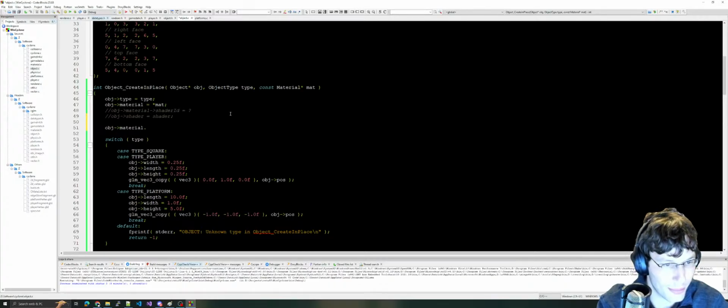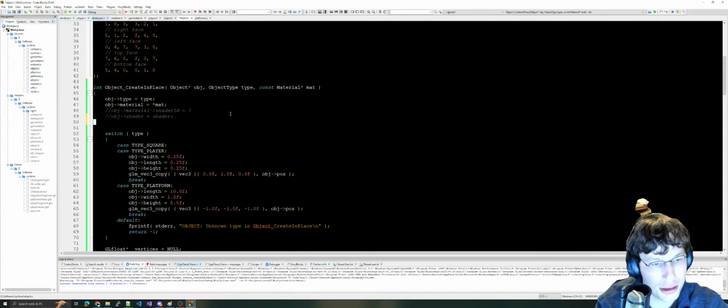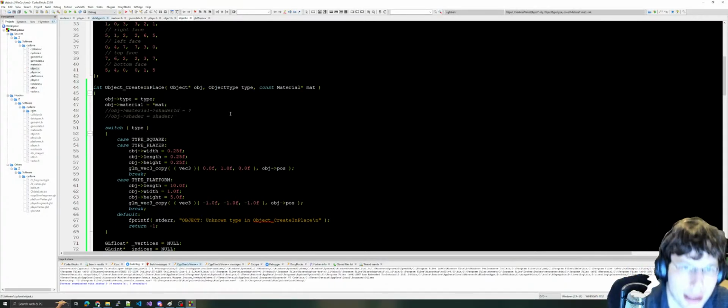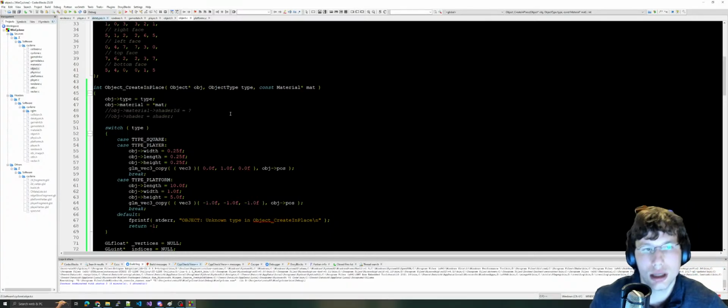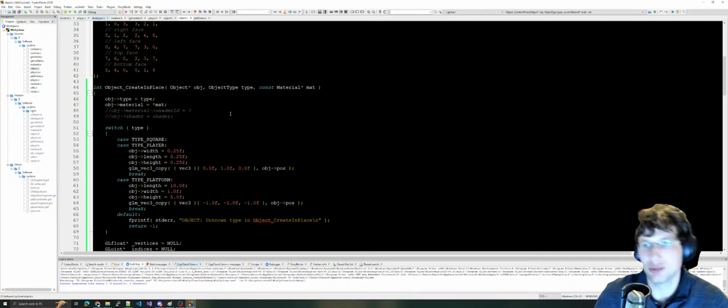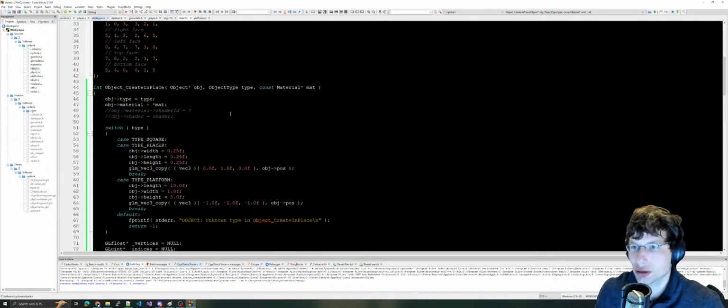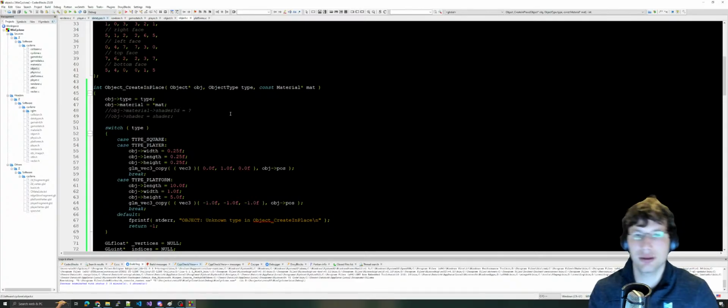Basically, where I'm at right now is how do I put the material into create in place, and then once that's done, how do I use the material in the rendering pipeline, and then after that, I'll look through the includes, make sure everything's refactored correctly, make sure things are in place that I want. Then